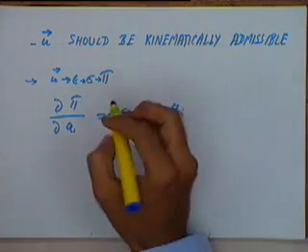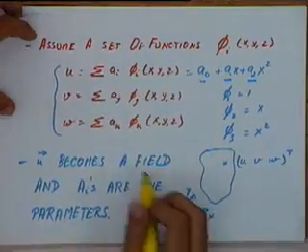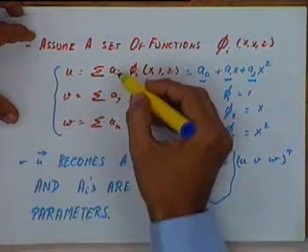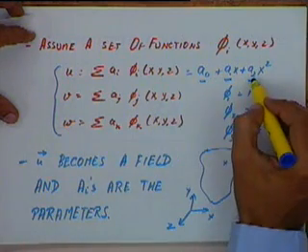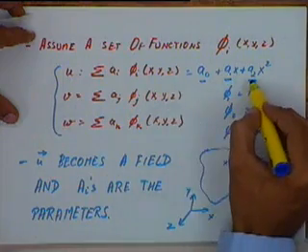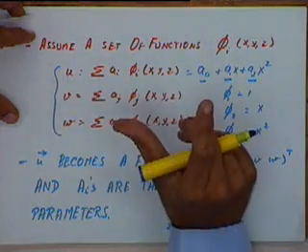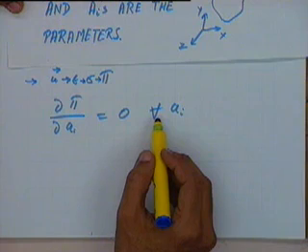Because this field u is a function of these ai, aj, ak's, or it consists of terms like a0, a1 and a2. Now these terms a0, a1 and a2 should be so adjusted that the potential energy becomes a minimum. That is why we say that del pi by del ai should be 0 for all ai.